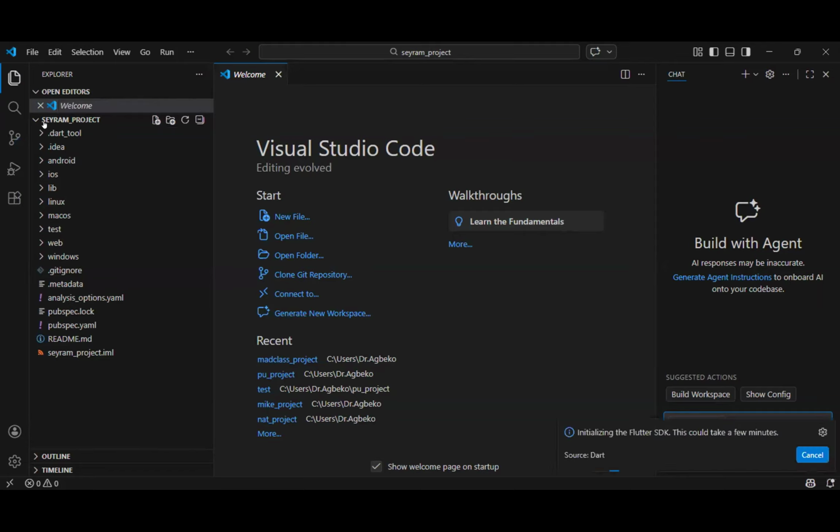What can you see under open editors? Seiram project. So we pick it. Then under Seiram project, you can click on lib. Down there, you see lib. Have you seen lib? Yeah. As a library, click on it. When you click on it, the drop-down menu will come. Click on lib.